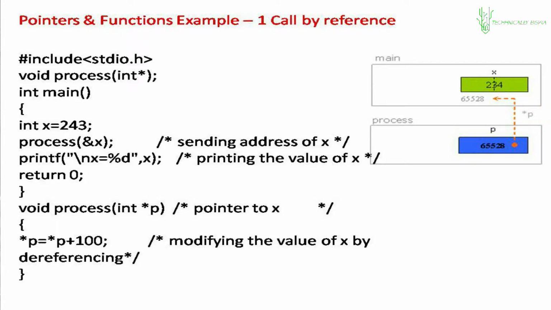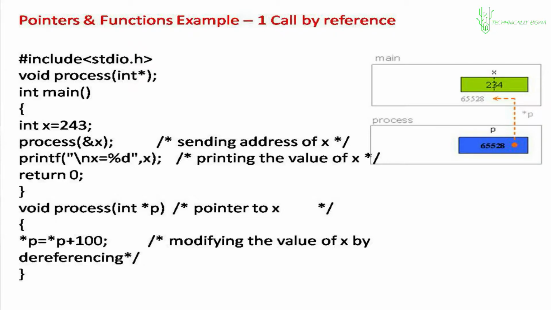So you are passing the address, and remember, when you pass an address, to hold the address you need a pointer. Understand that? Okay. This will go on into the next line, that is printf. After calling the function, we are printing the value of x. Alright, so that is the process function. Got it? Then get into process function.